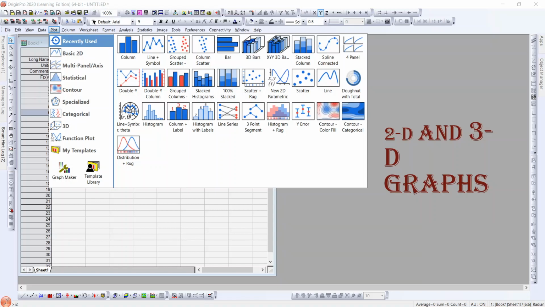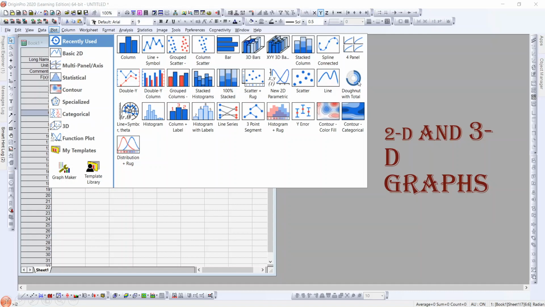In the 3D graphs we can draw either XYY 3D graphs or XYZ 3D graphs. We can also draw the stacked columns. These are the inbuilt graphs in the Origin software. You can directly select those graphs to plot any graph.